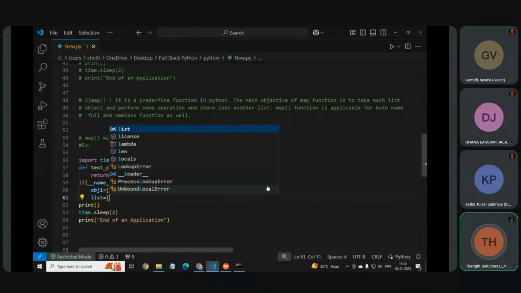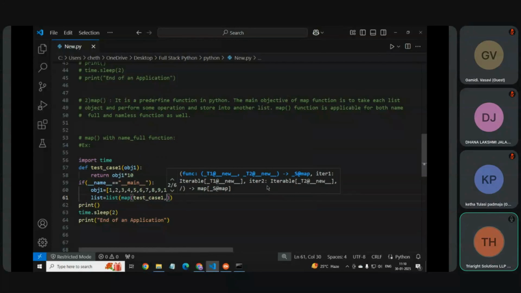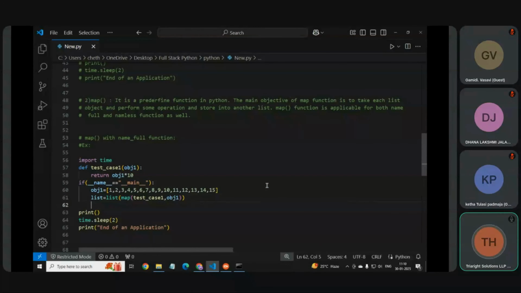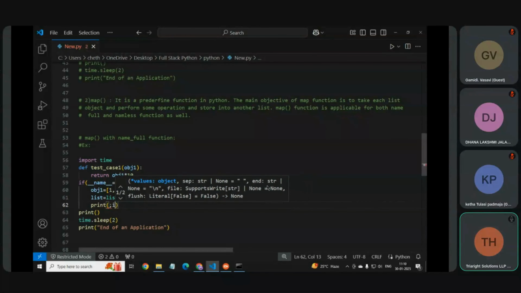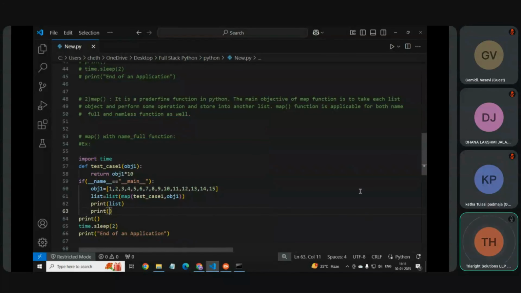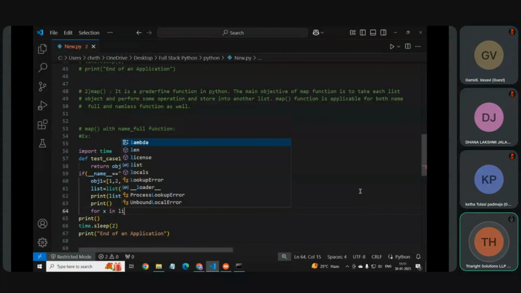First we put it into the list to do the typecasting, then after this here we use map function, then after map we use test case 1, and here we write object 1. So like that we have to write, and here we print list, then here we write for x in list